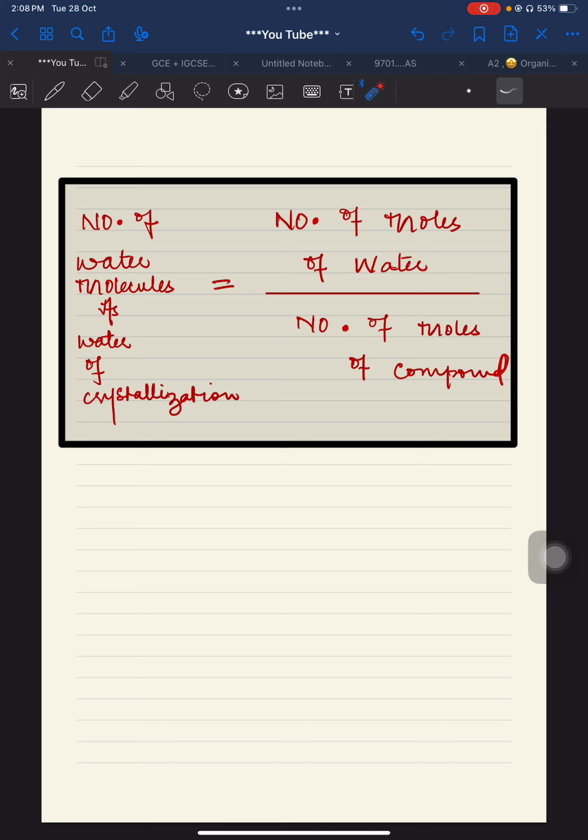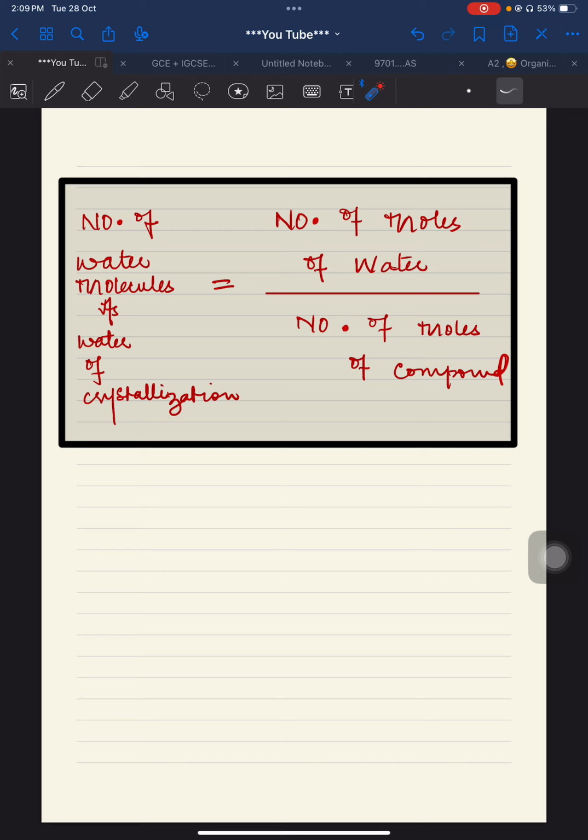Sometimes the examiner asks a question: how will you know that all the water is lost? Although this question is not directly related to the mole chapter, it is related to the scientific logic behind it. When all the water is removed, it means that the mass will remain constant. No more change is happening to the mass of the substance, to the mass of the compound. There are certain types of compounds which give one color when they have water, and a different color when they lose all their water.